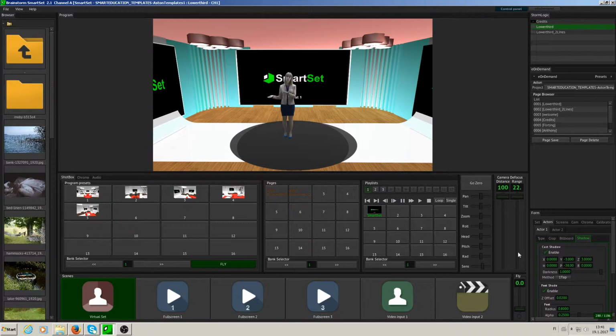If you want to use shadows for your talent, here you can adjust the shadow settings. The next setting you can see here is the screens. So you can choose